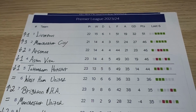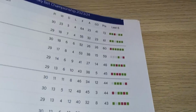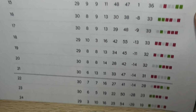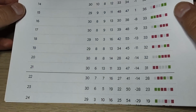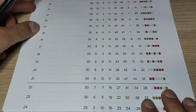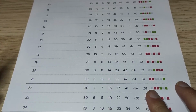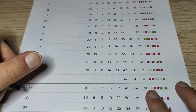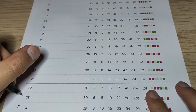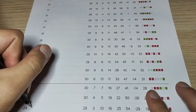Let's get out of the Premier League. Let's move now to the Championship. After the Championship, I'm probably going to go a little bit quicker through the teams, just because not as much to say there. What's funny is for these bottom 3 teams in the Championship, none of them have moved from where they were a month ago. At the bottom of the league,